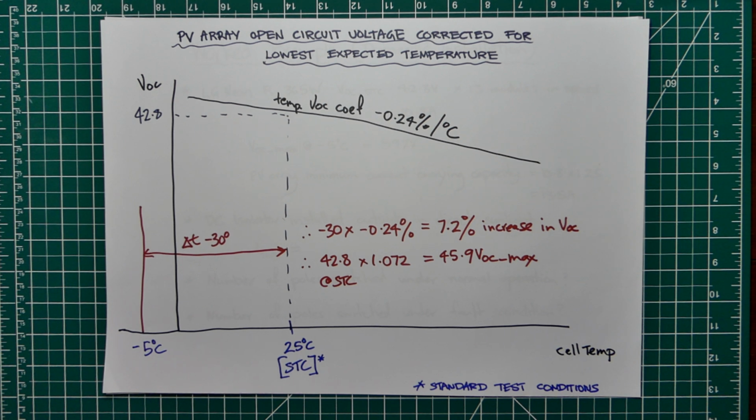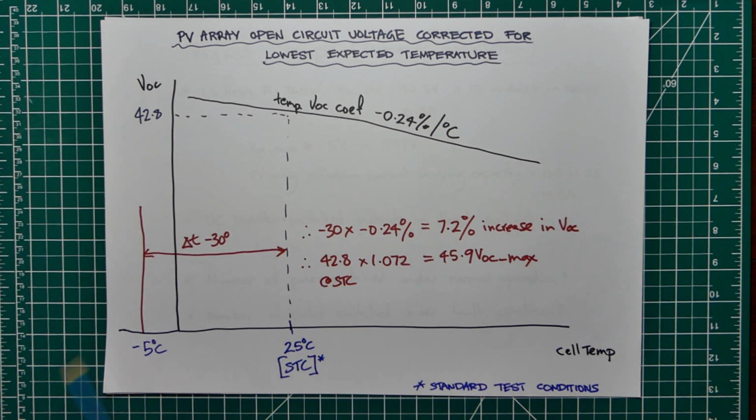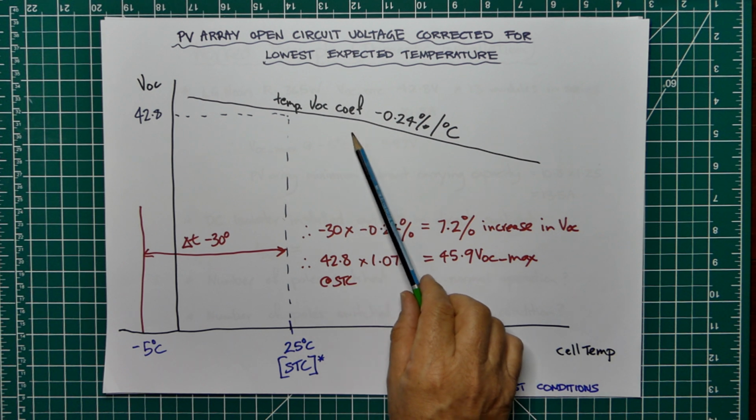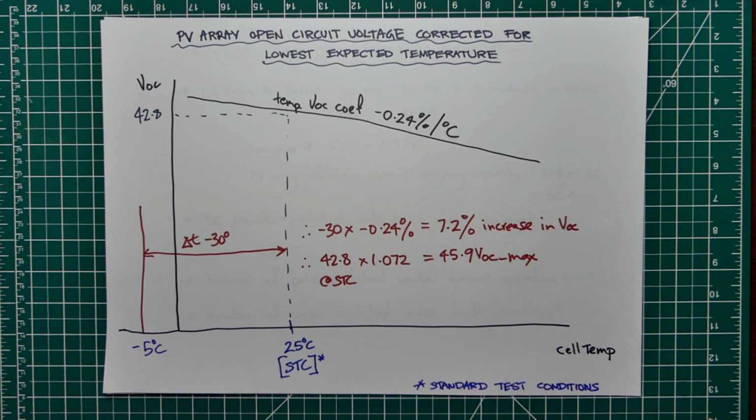Now I did mention that you need to be able to calculate the maximum open circuit voltage of the PV array. This is nothing new. 5033 has always required this. In fact, AS/NZS 5033 has always referred to VOC as VOC max. That's always been the case. And VOC max is at the coldest expected operating temperature. Now this is how you could calculate it using a data sheet for a module. So here I've used the LG Neon R module, the 365 watt I think it is, and it has a really impressive temperature coefficient of minus 0.24% per degree Celsius. That means for every degree of temperature rise above standard test conditions, which is 25 degrees Celsius,